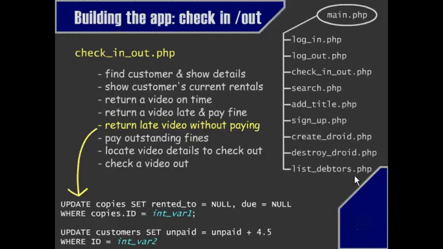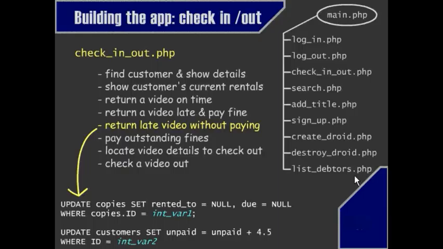then we need to run essentially two queries. First of which does exactly the same as the previous one, to put the copy of the video back on the shelf. And the second query returns the exact figure for the late fees in the customer's table, in the unpaid column. And here the 4.5 should actually be a variable there,